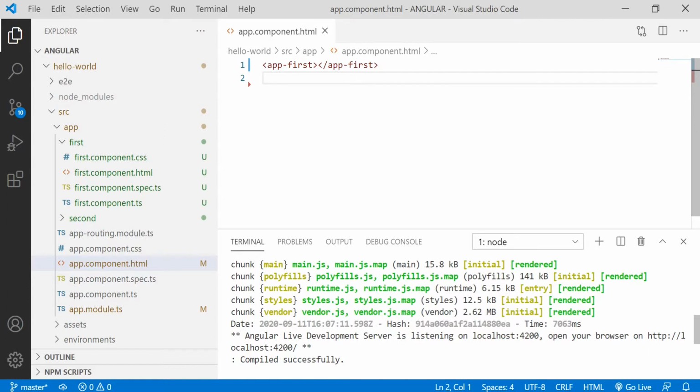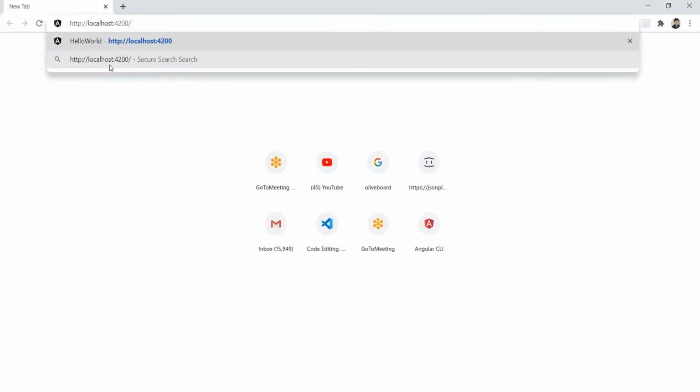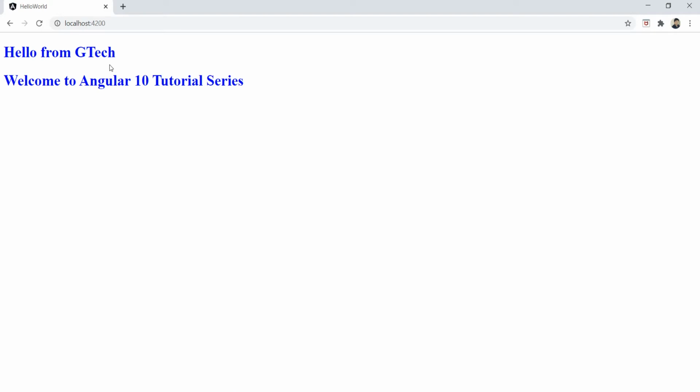We are back to Visual Studio Code. I just started the server by typing ng serve on the terminal. The application is compiled successfully. Let's launch the browser. This is what we did in our previous tutorial, displaying the hello text and welcome text one by one in h1 tags.